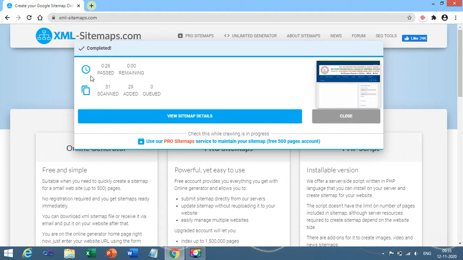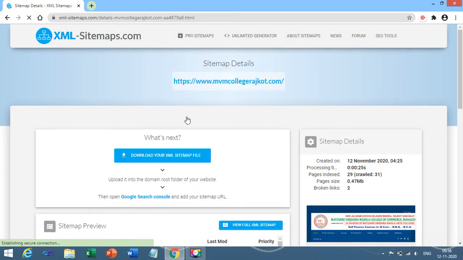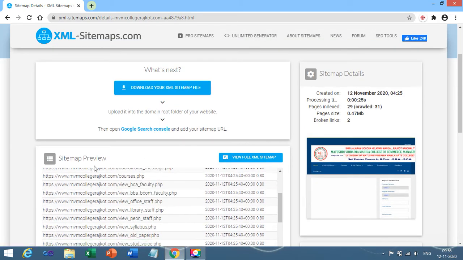See over here, a total of 31 pages are scanned and 29 pages are indexed in the sitemap, or we can say 29 pages are added in the sitemap. After the whole process completes, the word completed is displayed over here. If you want to see the sitemap details, you just need to click on view sitemap details. So it will come over here.